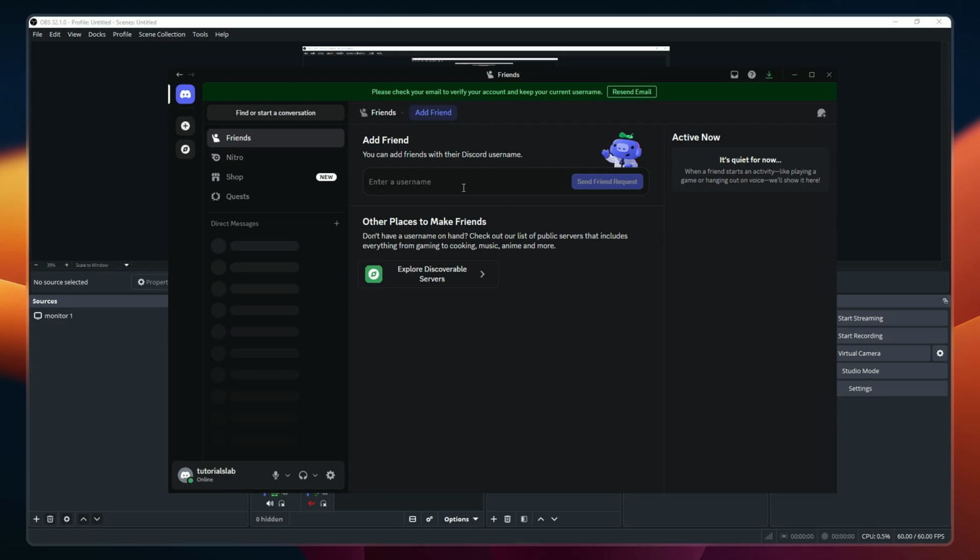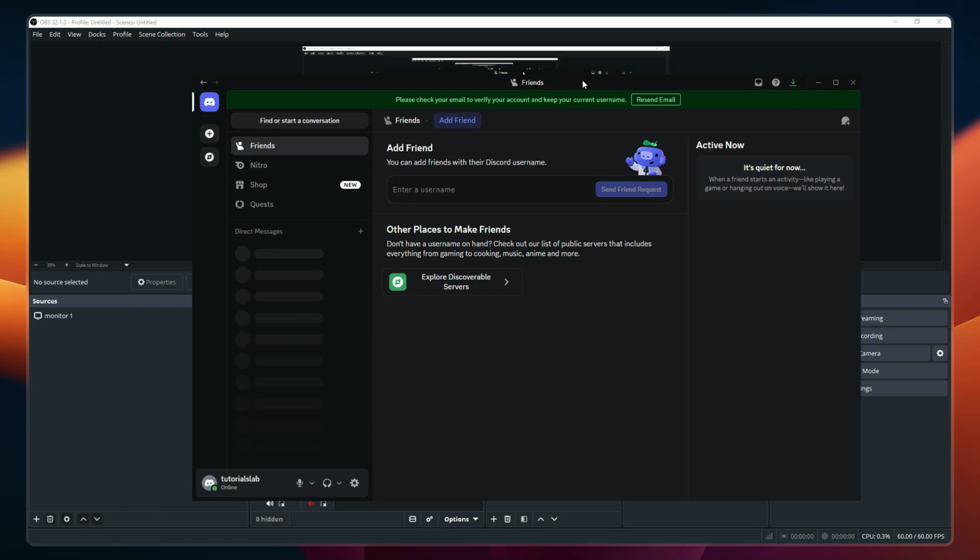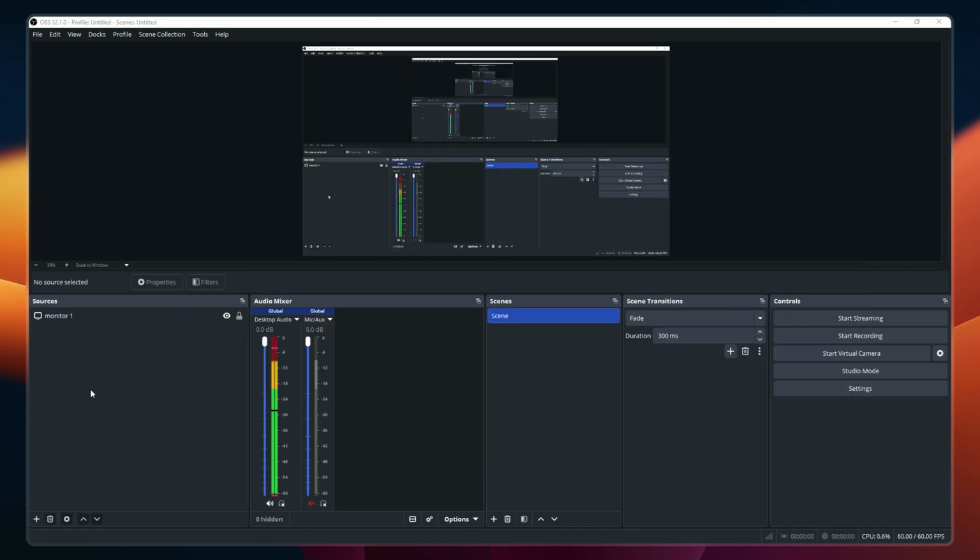Now here's an important note before we continue. Make sure you have your Discord app already open on your desktop. This is crucial because OBS needs to detect Discord as a running application in order to capture its audio properly. Once both applications are running, direct your attention to the bottom left corner of the OBS window, where you'll find